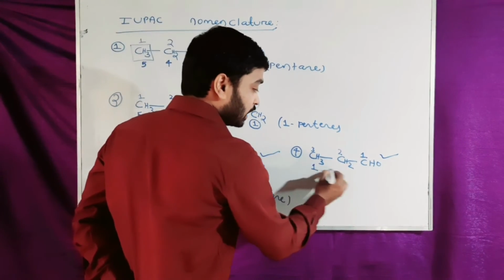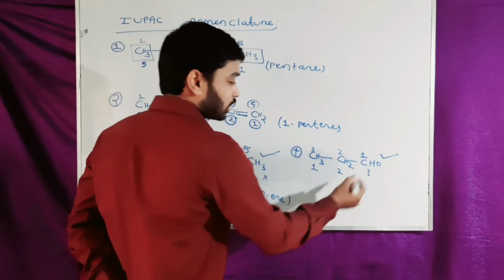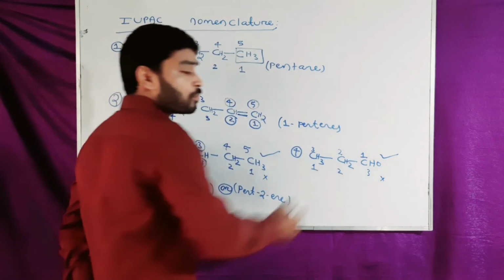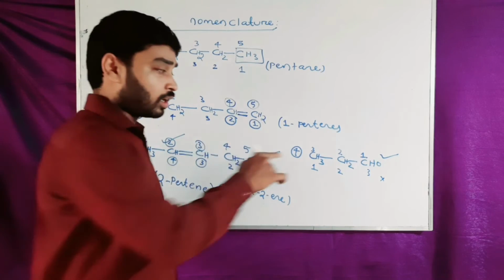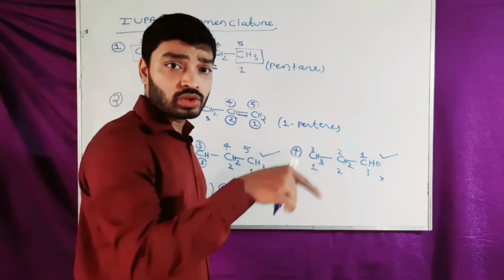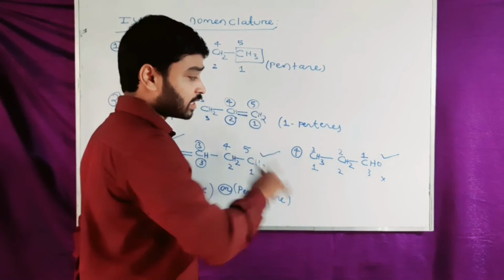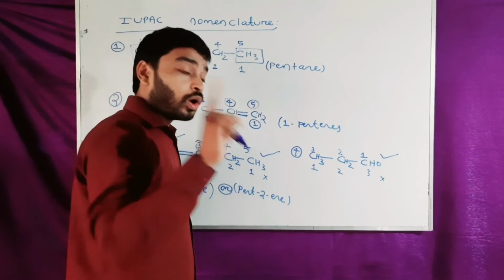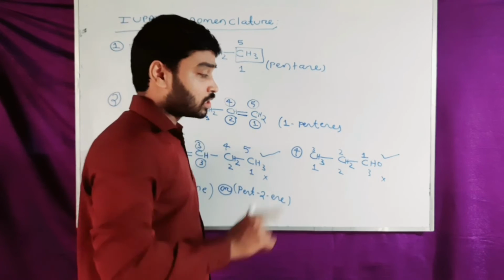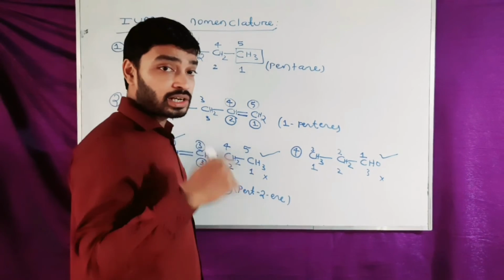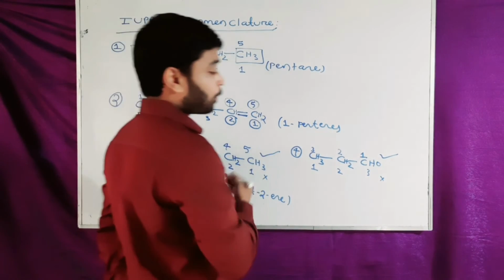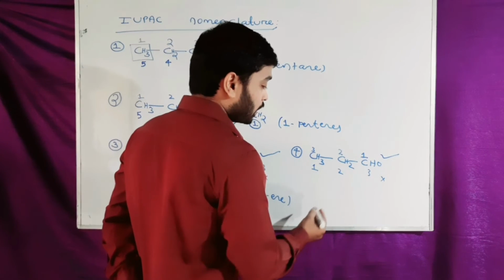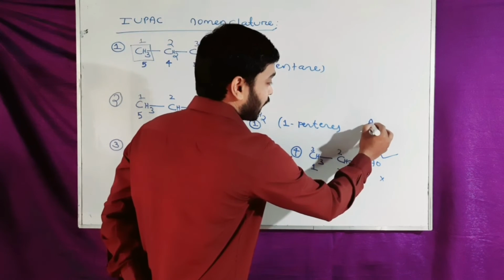If you number from left to right here, it will be wrong because the functional group would occupy the maximum number, which goes against the rules. So the rule says that the carbon atom of the monovalent functional group always gets the number 1 position during carbon chain selection and numbering. So the proper name for the compound will be according to the IUPAC name of aldehyde,